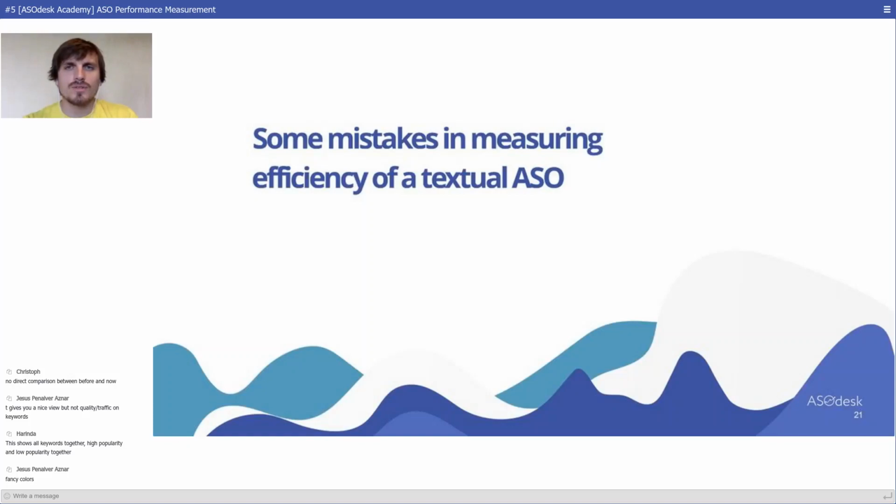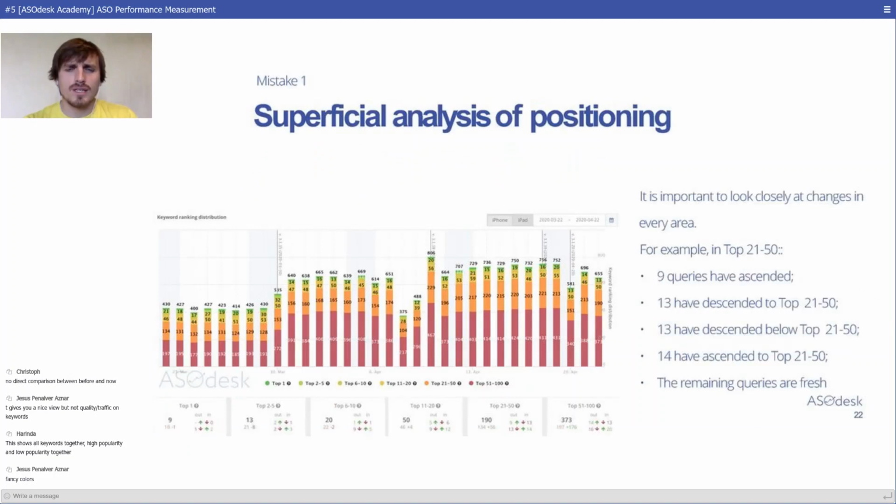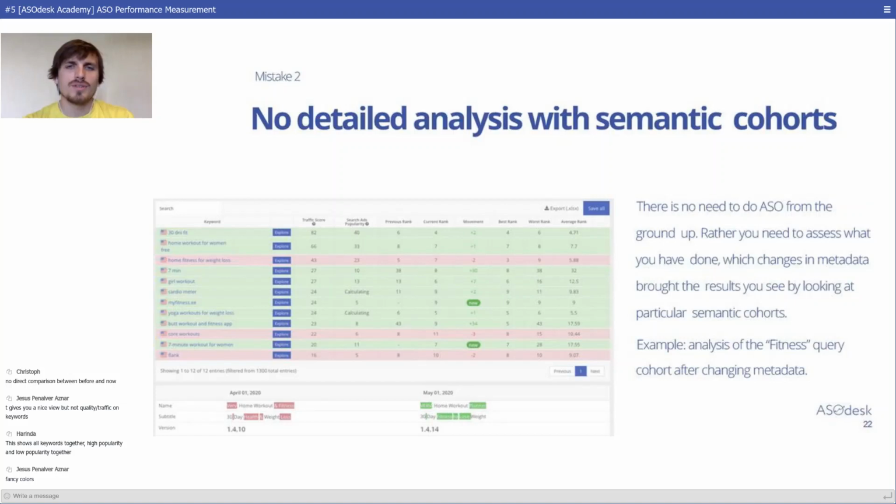Let me show you a few mistakes in measuring the efficiency of textual ASO. I mentioned this point already. However, I would like to stress one more time the superficial analysis of positioning. As was mentioned, we have very fancy colors, a very nice chart, but it makes no sense in terms of efficiency. So it is important to look closely at changes in every area. Then another important thing is the